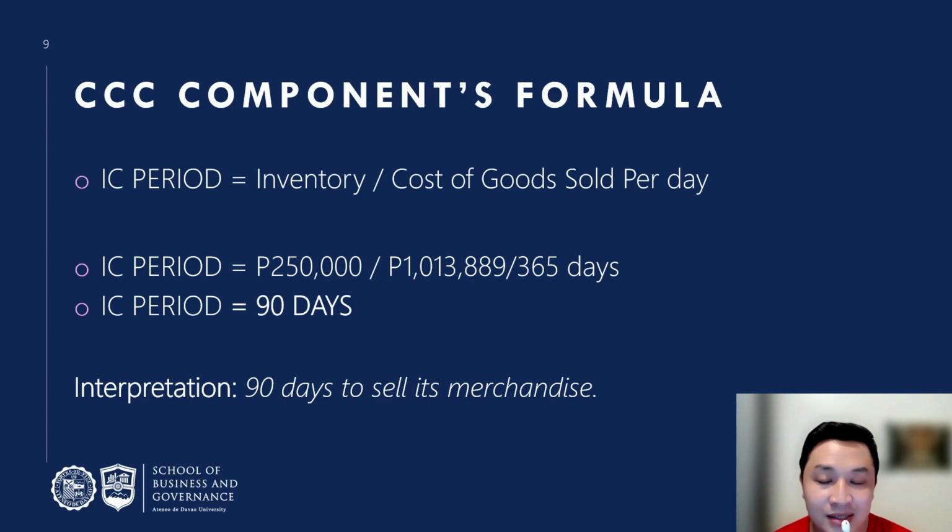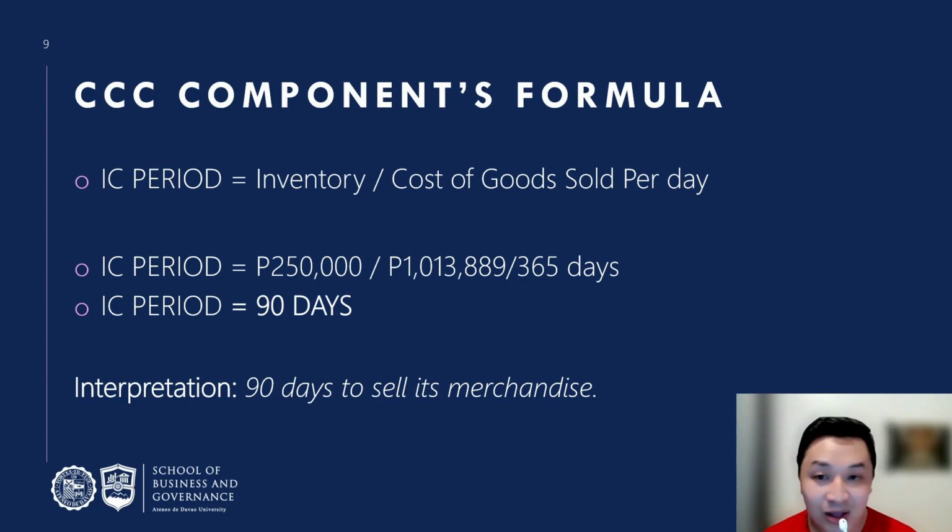Okay, but this time, in order for us to appreciate this, I have provided some real values where we can assume that the company has already operated for a number of years and experienced a lot of delays or problems that a company might encounter and that also affect the cash conversion cycle. So in order for us to compute the IC period, we have to get, number one,